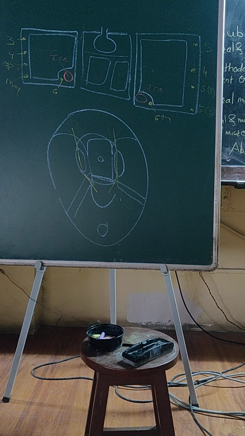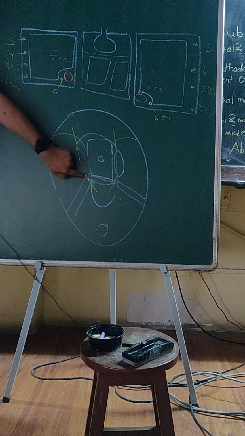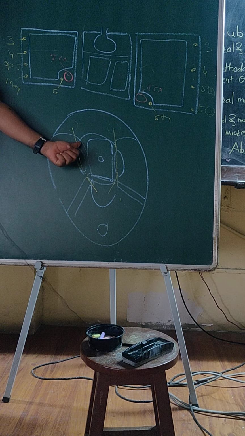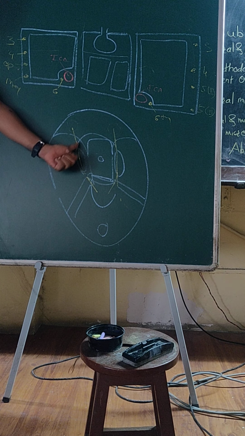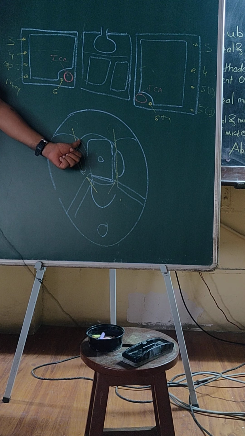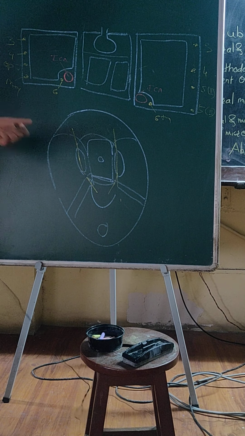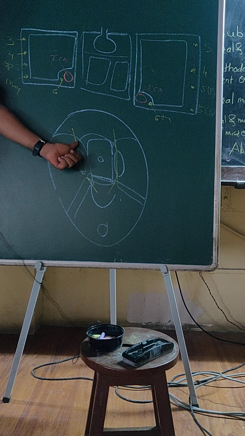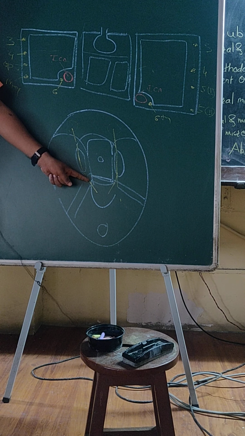Now let us study the relations of the cavernous sinus. Posteriorly is the apex of the petrous temporal bone. Anteriorly is the superior orbital fissure. Sorry, I was saying sinus in between. Superior orbital fissure. That is the anterior relation. What is the posterior relation? Apex of the petrous temporal.